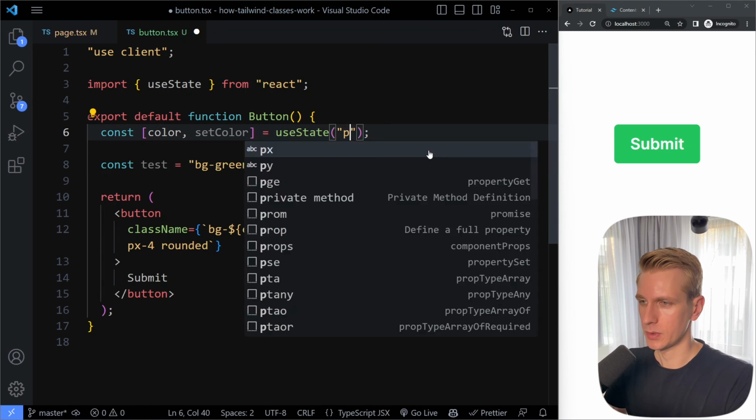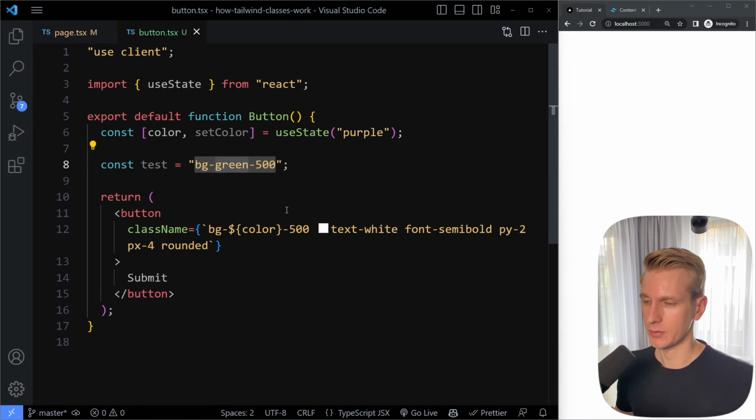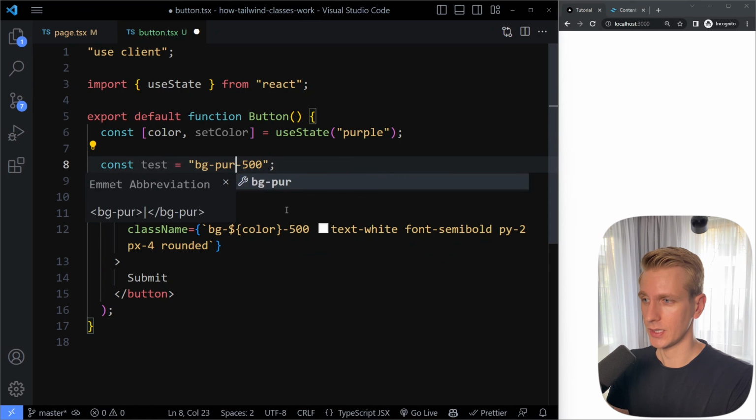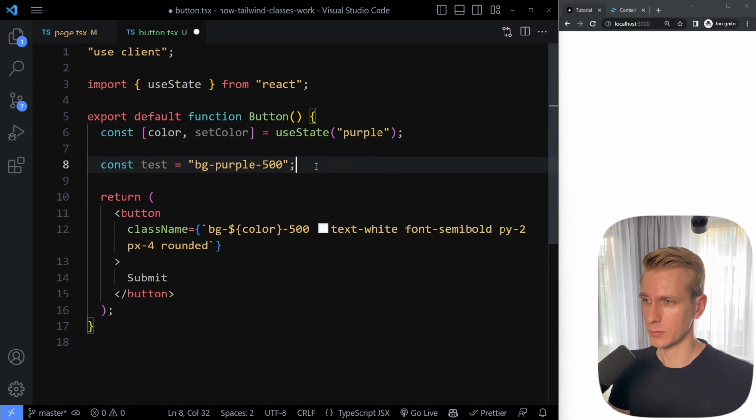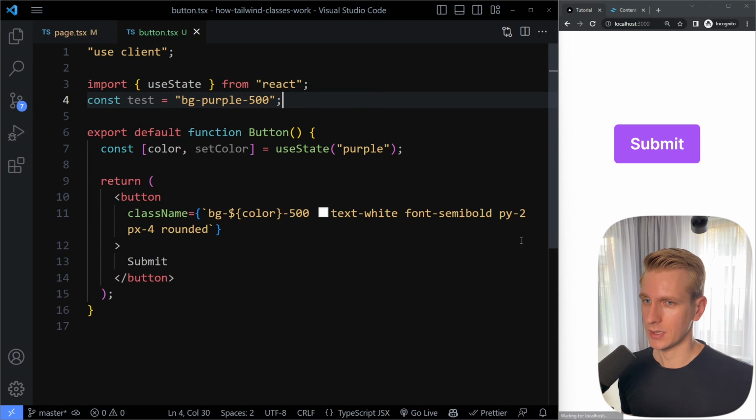If I change this to purple, now we expect this to become bg-purple-500. If I save here though, we're going to see that that's not how it works. However, if this bg-purple-500 class is present somewhere in our source code in its entirety, it will work. So if I change this to bg-purple-500, and I can also put it here, and anywhere in our source code, if I save here now, we see that we get a purple button